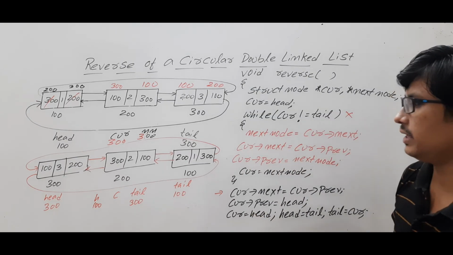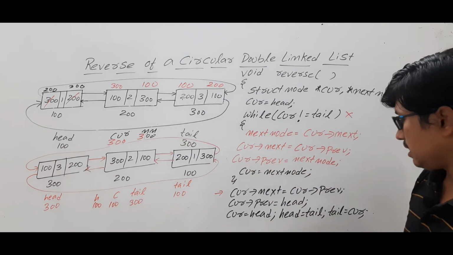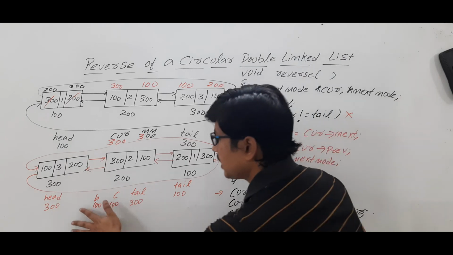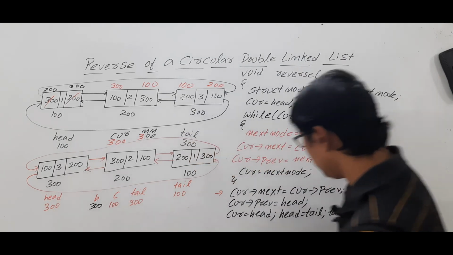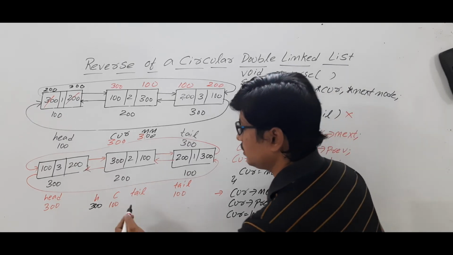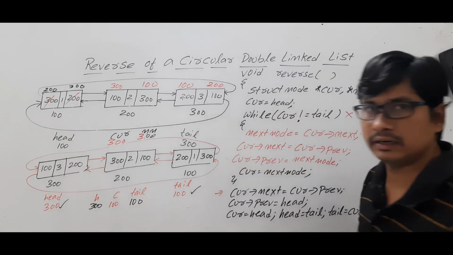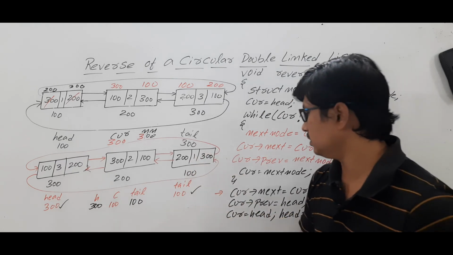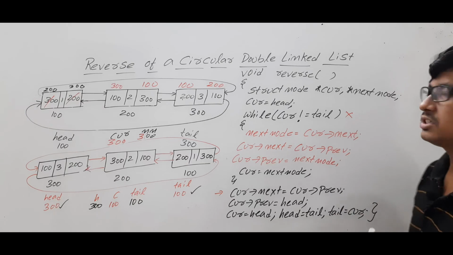Look at this statement, what I have written. Current is equal to head. Now, current will have the value 100. Okay. Head is equal to tail. What is tail having? 300. That you are assigning to the head. You are getting 300 here. Then you have written a statement called tail is equal to current. So, current is having 100. You are getting it here. So, head you got 300. Tail you got 100. So, this is pointing to the first node and it is pointing to the last node. So, we are done. We will close this function called reverse.